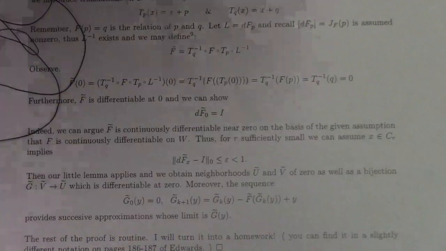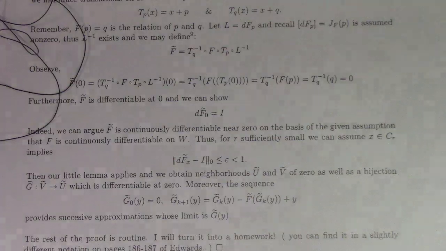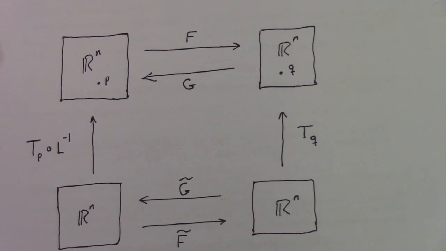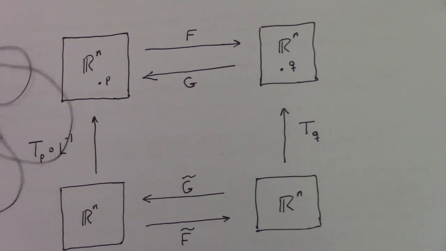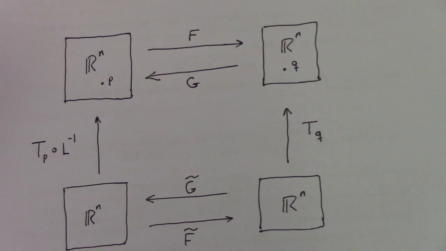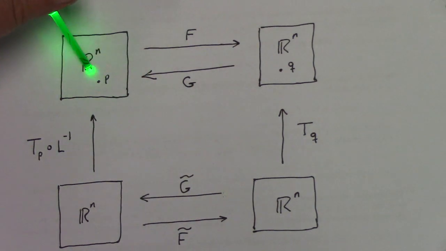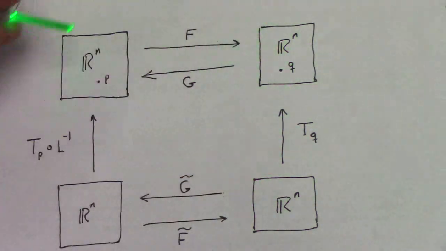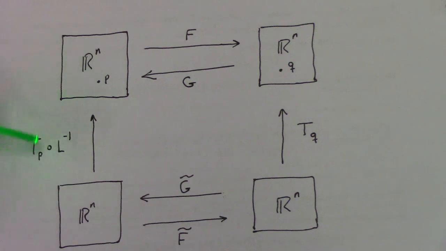Now, I want to show you a little picture here to understand better the F tilde maps. So what's going on here is just this. We're given the mapping F that maps from P to Q, right, here to here. And the thing is, we can look at the mapping TP composed with L inverse from here to here, and TQ goes from here to here. And so he defines F tilde by,